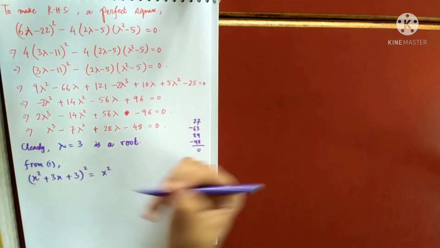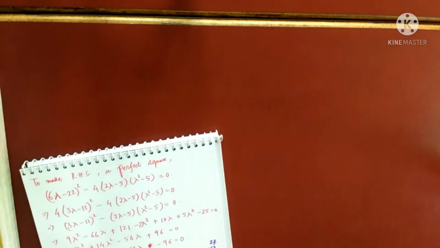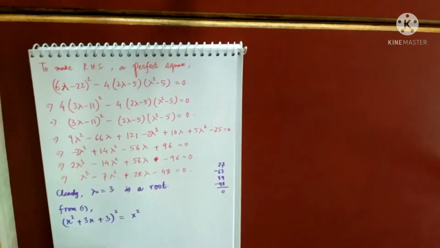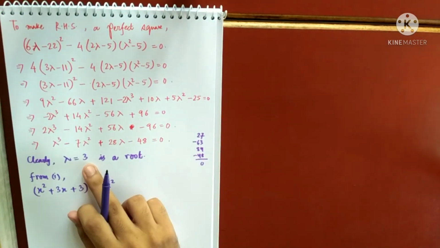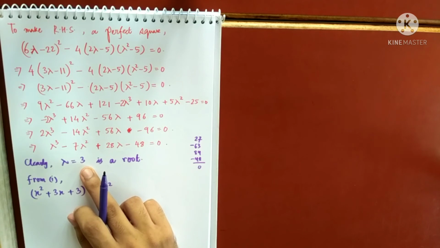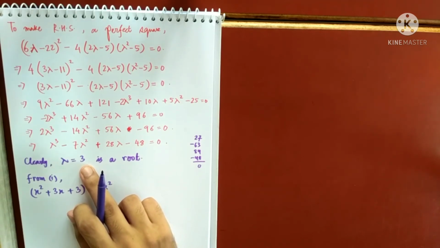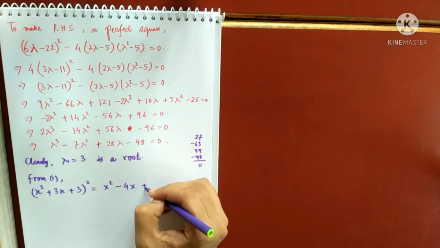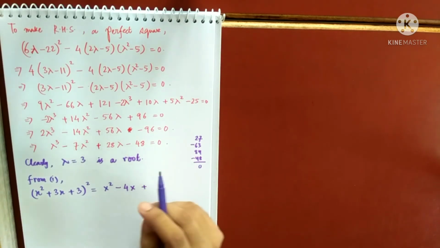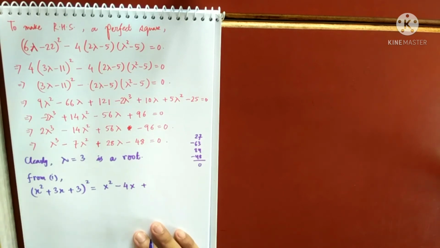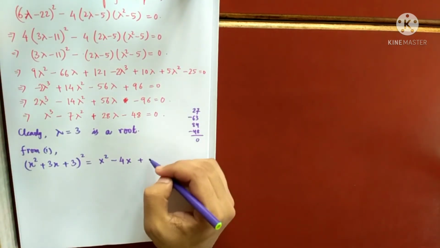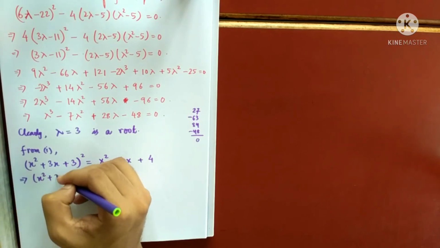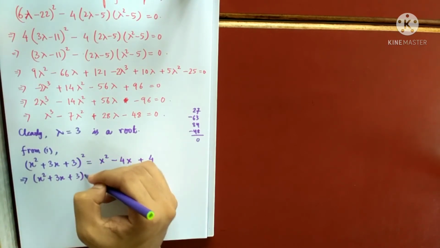So this is x square. Then it was b, no? And then it was 6 lambda minus 22x. So what is 6 lambda? 6 3 is a 18. 18 minus 22 is minus 4. So minus 4x, and then plus it was lambda square minus 5. 3 square is 9. 9 minus 5 is 4. Right hand side will be a perfect square for sure, because that was the aim, no? And what is this perfect square?